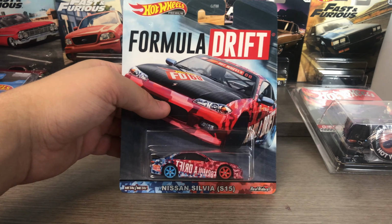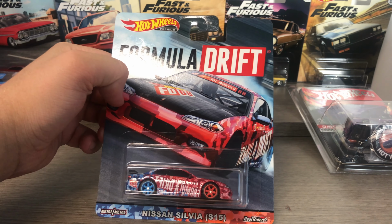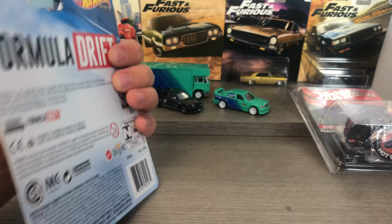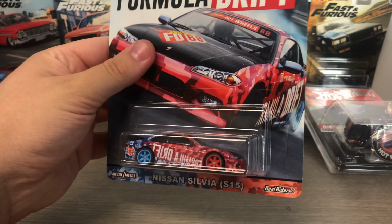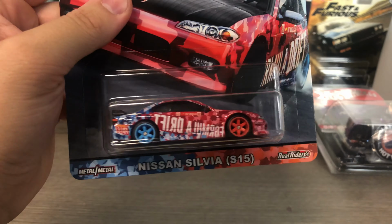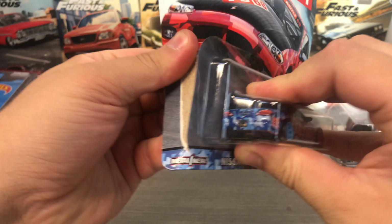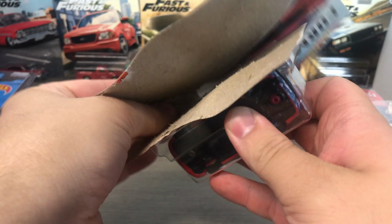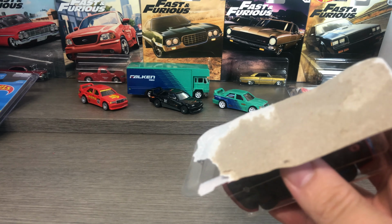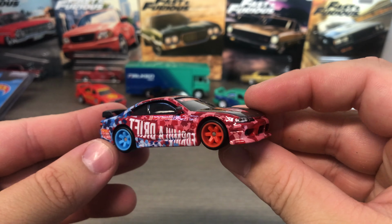In today's video we will be unboxing the Formula Drift Nissan Silvia S15. Quite excited to get this one open, such a cool looking car. So yeah, let's crack her open. And there she is,